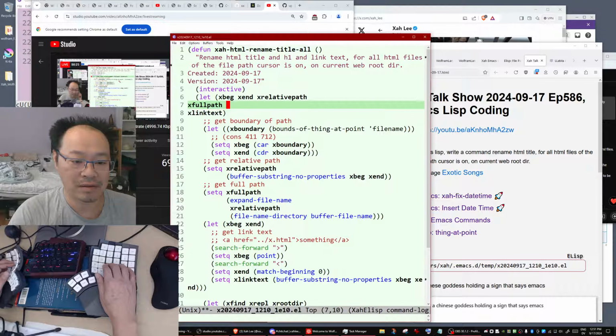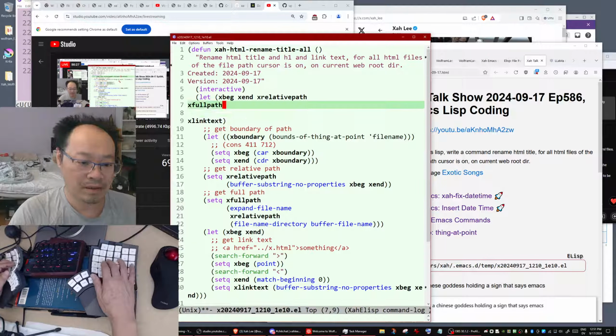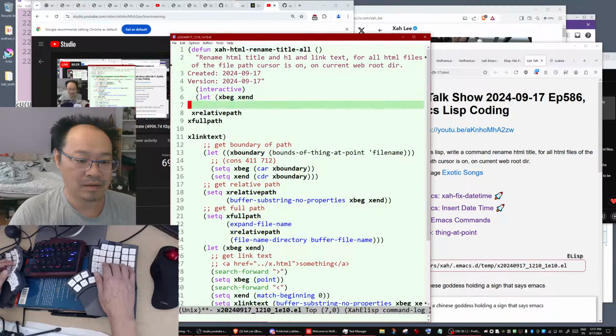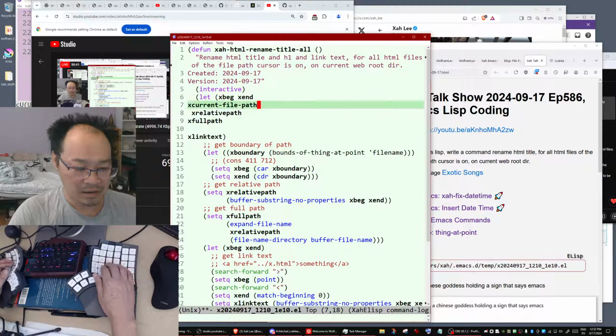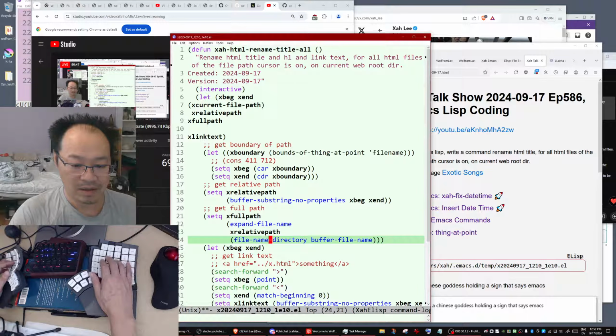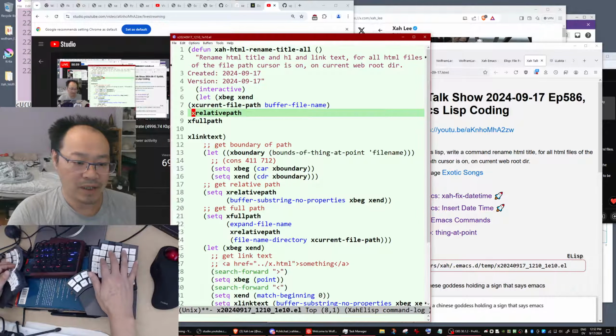The full path is the thing you need to change. You also need the current file path, which will be very simple. Current file path is the buffer file name, that is, the current buffer's file path. The relative path is the path you want to change.